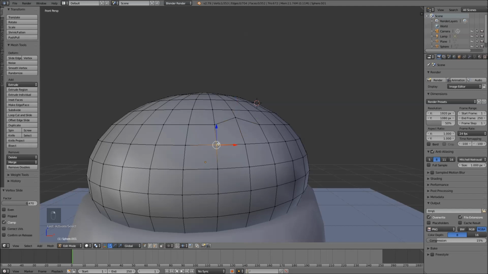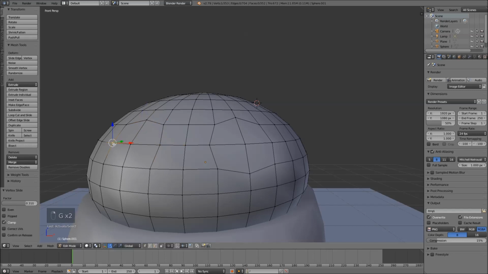So let's go ahead and edge slide all 4 of these on each corner or each edge. So again, hitting G twice with these vertices, we're just going to edge slide them out and like you see, make this a little more spherical or circular. We're also going to do that with this one over here